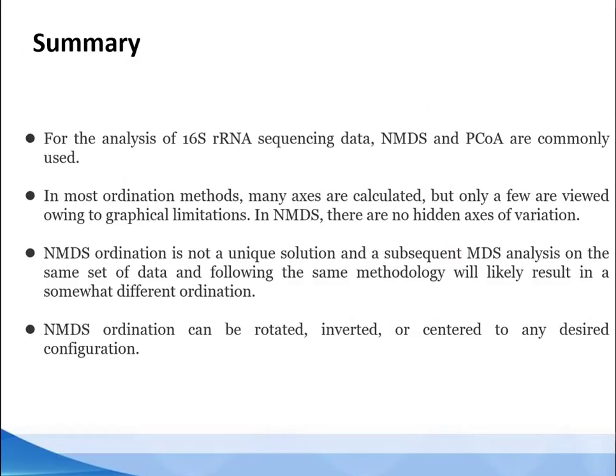In summary, for the analysis of 16S rRNA sequencing data to compare the dissimilarity or similarity of bacterial communities among different environmental types, non-metric multidimensional scaling and principal coordinate analysis are commonly used, but principal component analysis may not be suitable. But compared to non-metric multidimensional scaling, most ordination methods